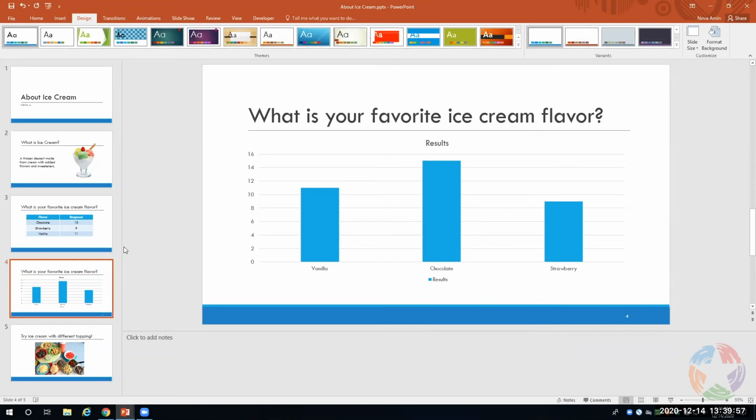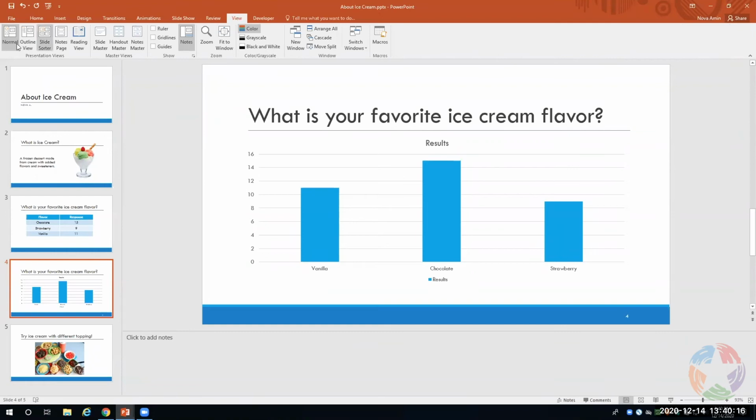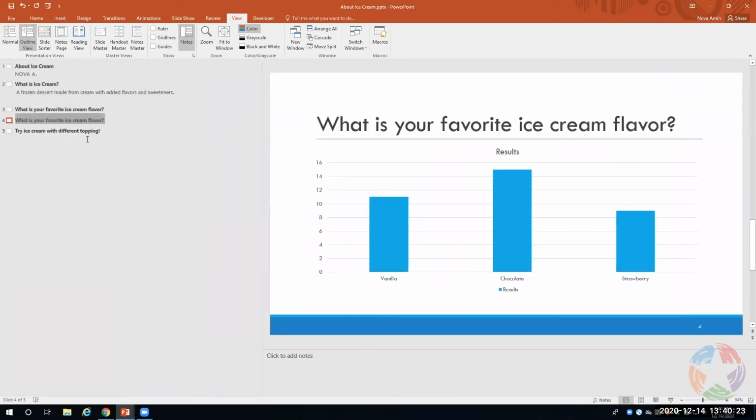Now, when you're viewing your presentation, now I've finished my editing of my presentation. So I want to now view the different ways I can view my presentation. Up here on the top of the ribbon, you see the view option. So here, we have the normal view. You have another option called outline view, which gives you all of the text under each slide on the navigation